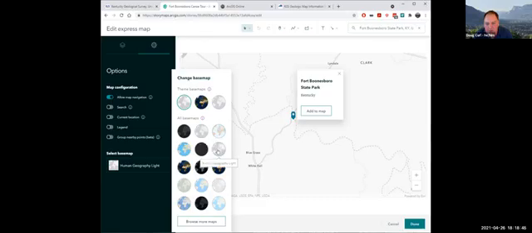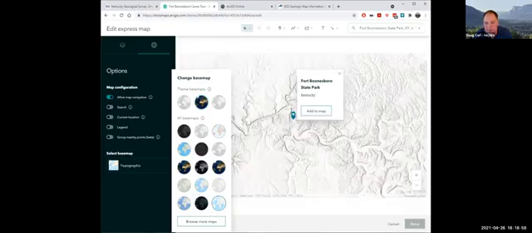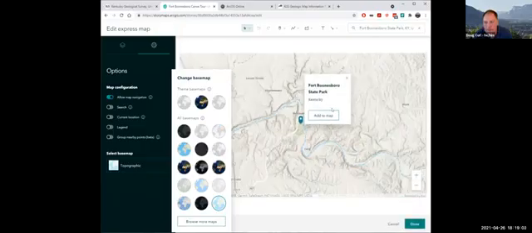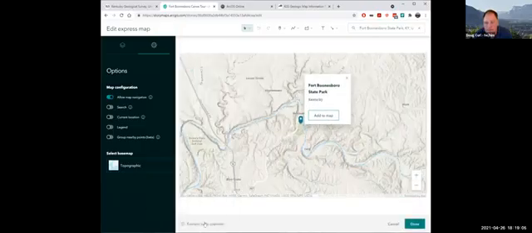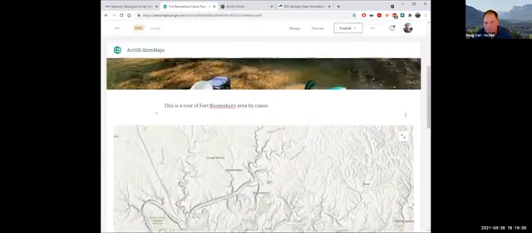These are all Esri ones. I'll show you how to build your own. Sorry, carried away here. So I'm going to use imagery. Actually, I'll use topographic because you can actually see the park on here. So done that, done, add to the map.